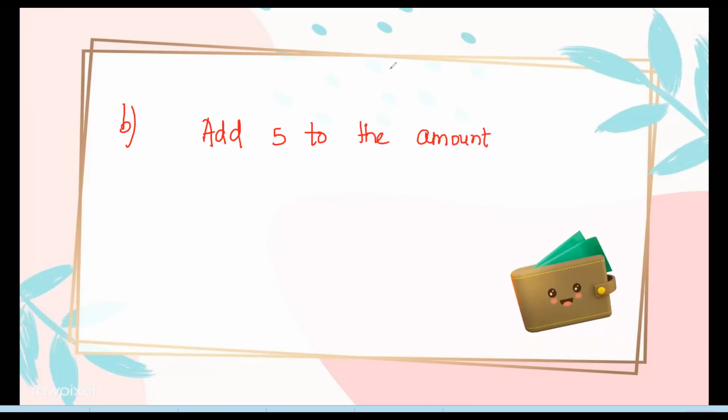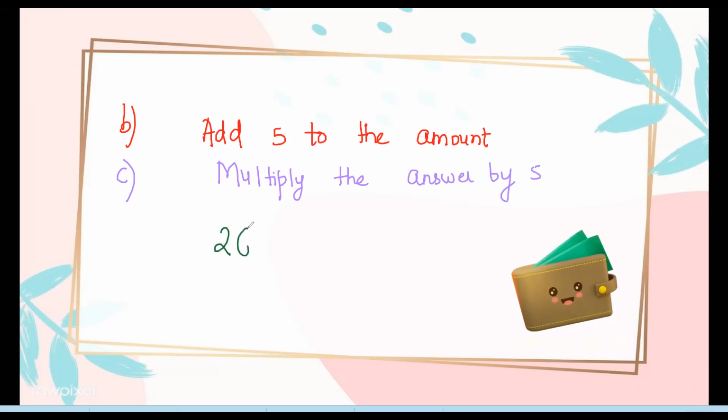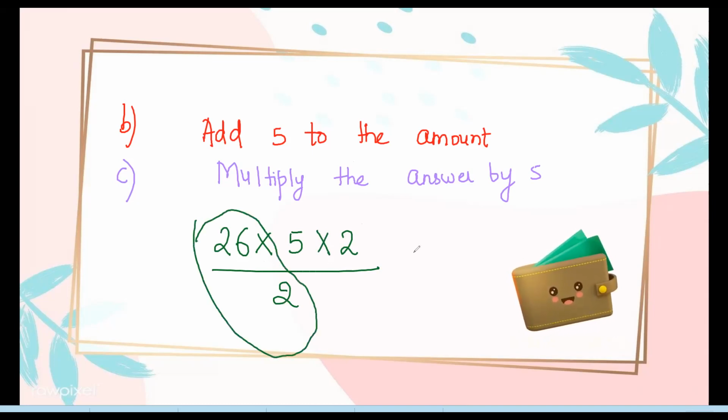We'll do it with examples, it will be pretty clear, don't worry. Then next, multiply the answer by 5. Now let me tell you how multiplying by 5 can be very easy. Whenever you have to multiply a number by 5, you just multiply and divide by 2. See, it's very easy. 26 divided by 2 is how much? 13. So 130 will be the answer, right? Suppose 44 times 5: just half the number and put a 0.